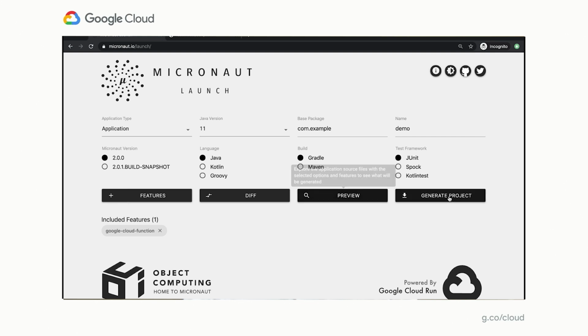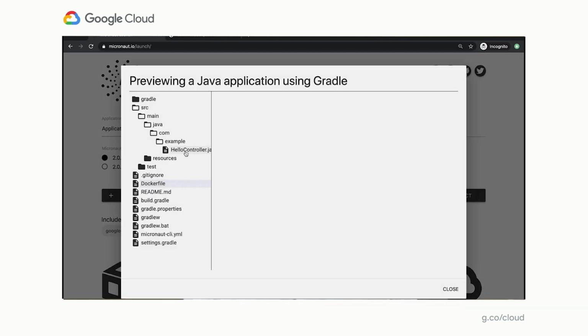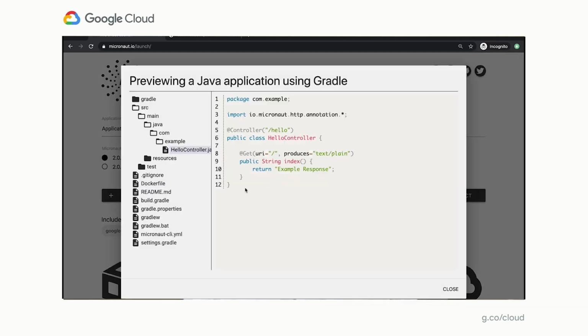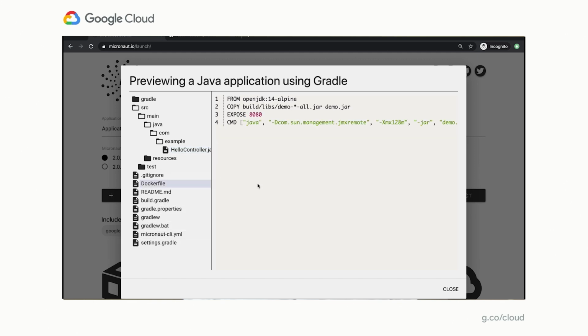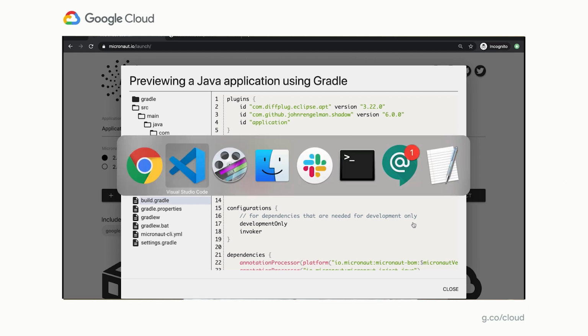So you can click the generate button to generate an archive zip file for your project, but you can also click the little preview button to see what's generated, a controller. There's even a Docker file if you want to run that function, that Micronaut application elsewhere, for example, as a Cloud Run container, that's possible. And there's also a build, but I've already downloaded this,